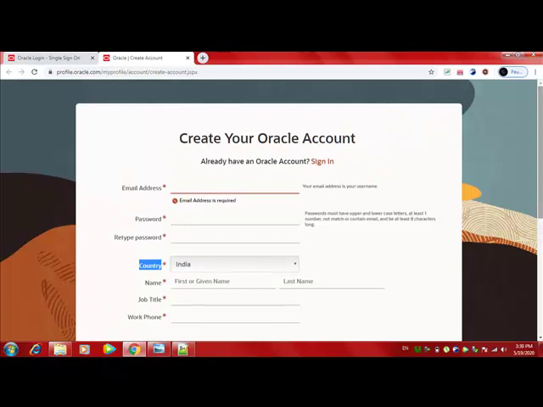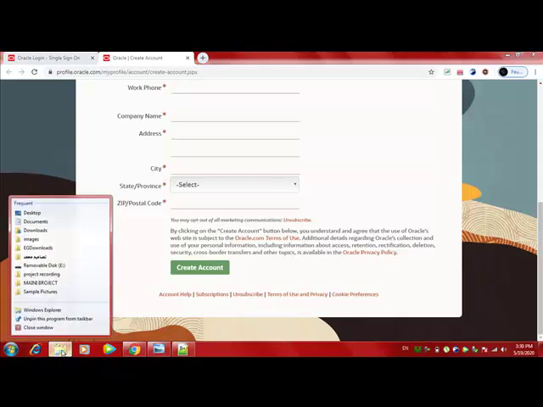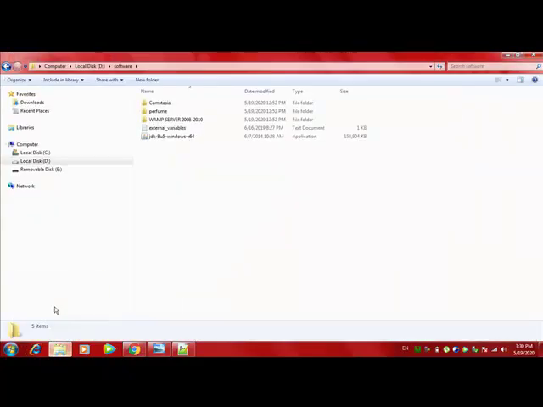So we need to complete this formality, and once the account is created, the file is downloaded. This is the file. Okay, now once this file is downloaded, I'll show you how to install this.